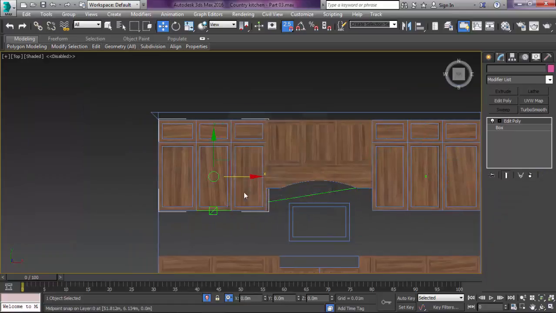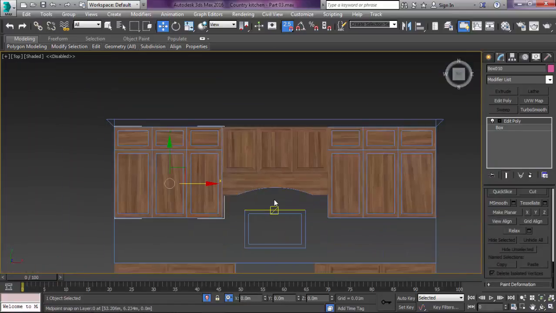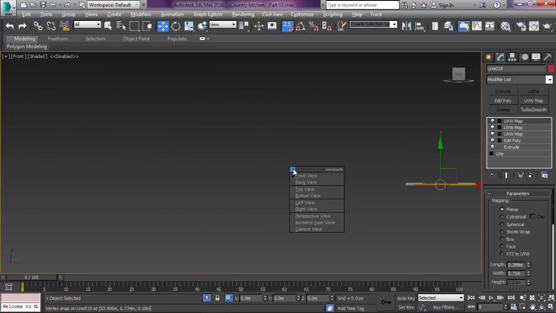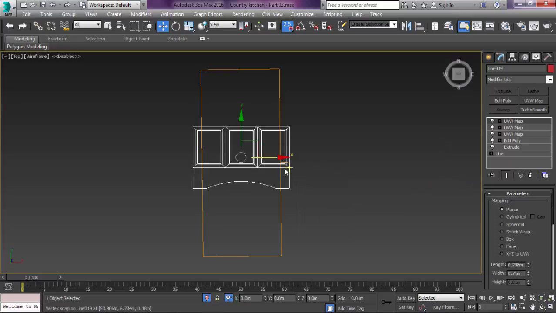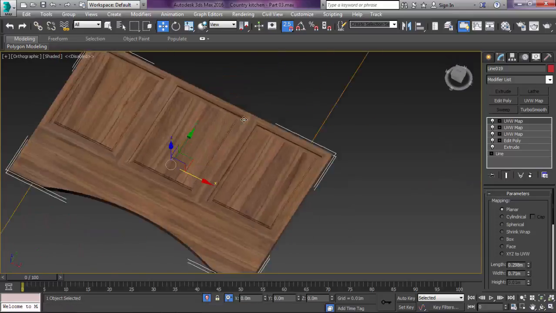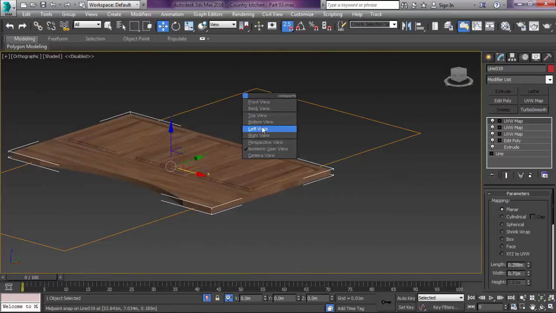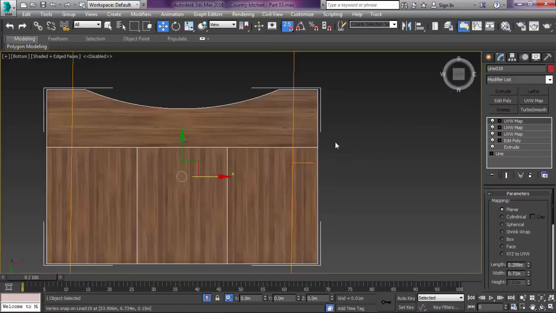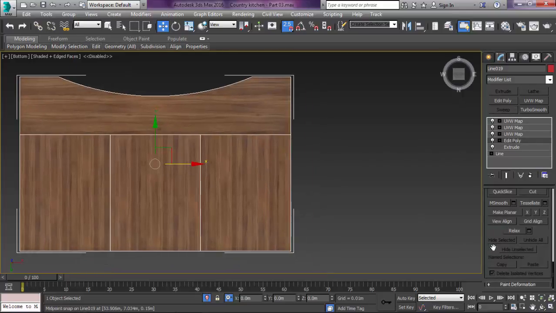Let's create a copy. Now let's select this, isolate it, go to bottom view, okay. So now let's go back to edit poly